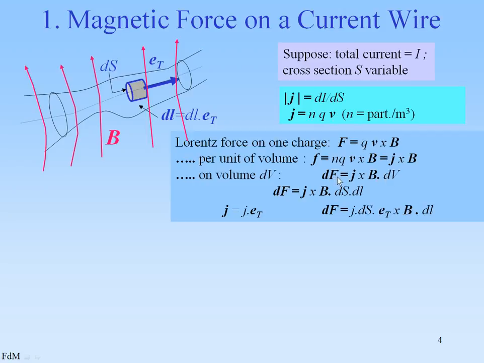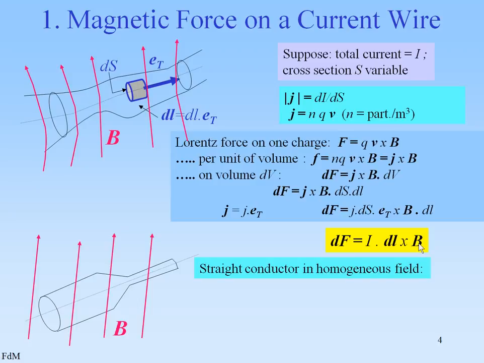On the volume V, the force dF is J cross B times dV, or you can also write that as dF is J cross B times dS dl for the dV. And since J can be written as J times the unit vector in the direction of the current, we end up with J dS times et cross B dl. This is for an arbitrary current, and we can simplify this to I, the total current, times dl